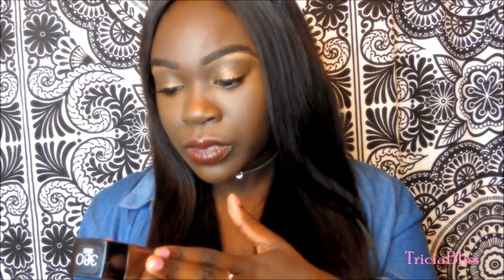And so, yeah, I ended up picking up both of these, and I have worn this foundation once before this. I wore it because I had to take pictures at work, so I decided to finally do my makeup, and I wanted to try it out. It definitely is matte, and I love how matte it gets when it's on my skin. Before I even put anything on, it shows up matte, and I'm just like, yes, I love it. It's supposed to be buildable, because, it doesn't say it on here, but I read about it online,